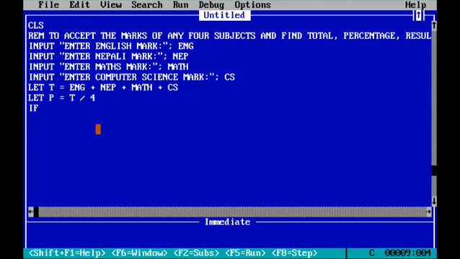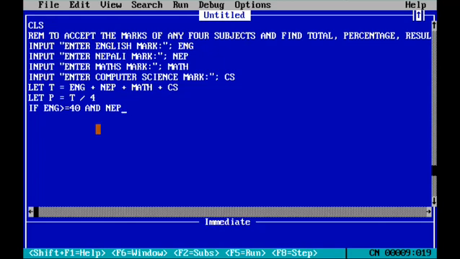So we are analyzing the problem, and here I am writing if ENG greater than or equal to 40. Okay, next, because it is compulsory for a student to pass in each subject, we have to give the AND operator.